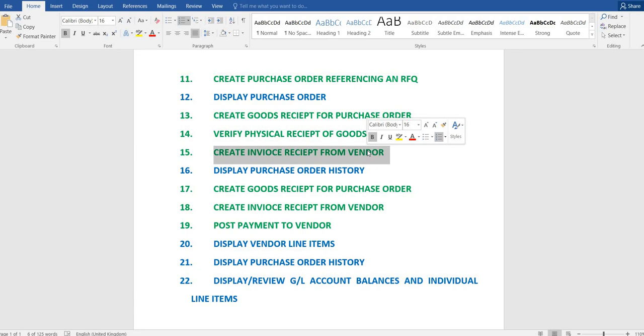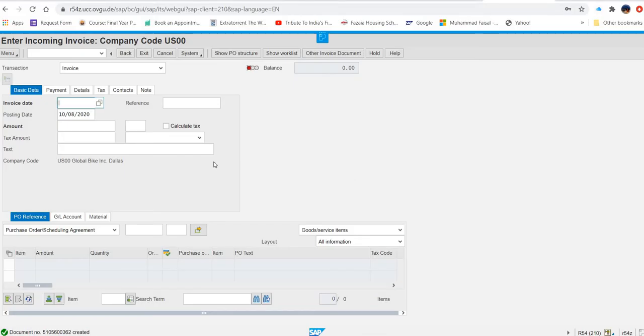Now the next thing that we are going to do. Now again they are saying display purchase order history. I am skipping this step and going to the next one. Create goods receipt for the purchase order. So goods receipt I am going to create now. For that, again I am going out of this transaction.